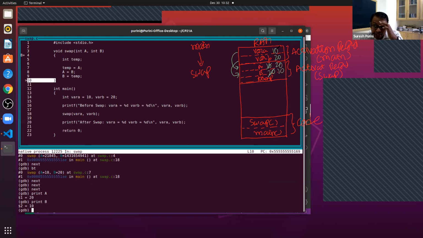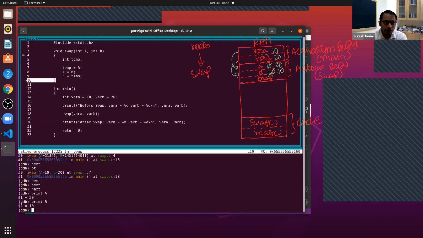But the original contents of var A and var B are exactly the same. Are you with me? The original contents of var A and var B are the same, but these A and B are modified locally. It's not going to change it. So those of you who have some doubts related to this concept, this picture should give you a good understanding.